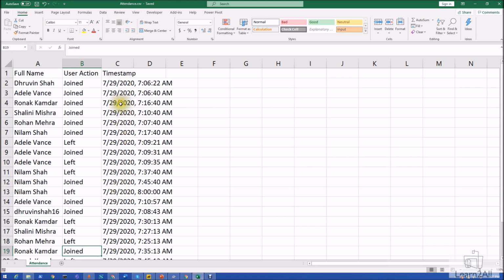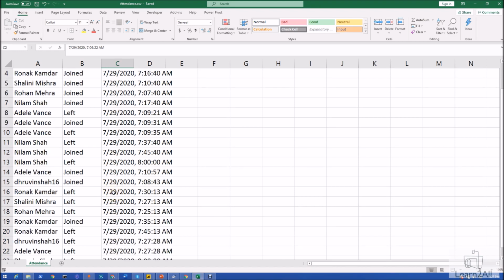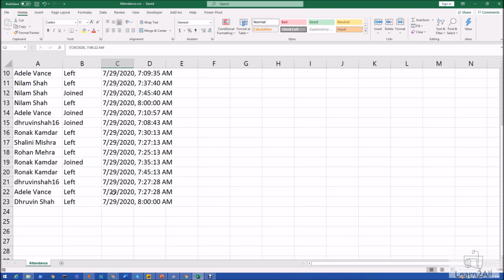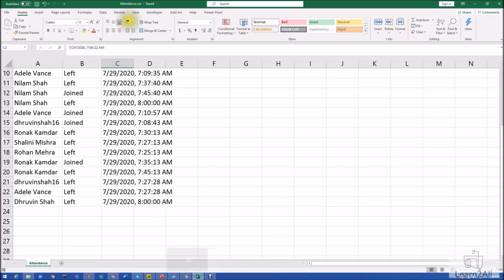Let's say as an organizer, I started my meeting at 7 and ended my meeting at 8. But the ending time for the organizer will not be captured in this CSV file, because the organizer cannot download this file after they cut off the call. So the organizer needs to download this file before ending their call. The ending record is not captured here, so their own record will not be visible to them. So we need to manually enter an appropriate timestamp here. Right, you need to do this step.